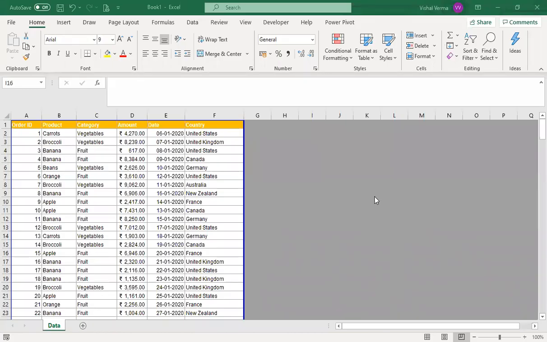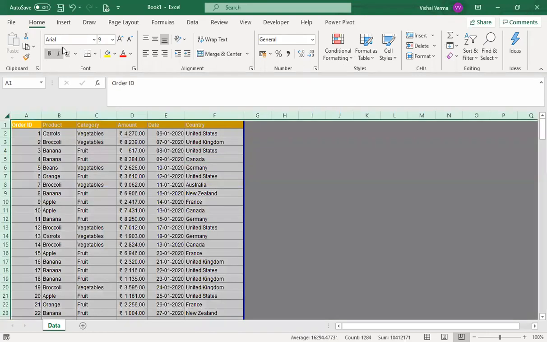In this section, we will be covering conditional formatting. The name itself says that it's conditional and then formatting. Formatting, if you see in general, what we do is to change the